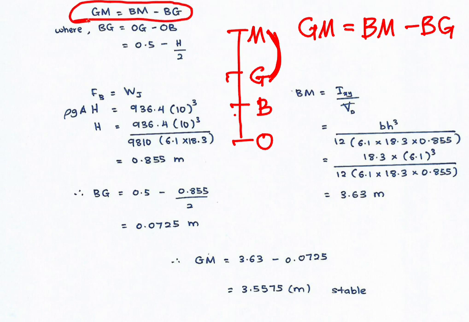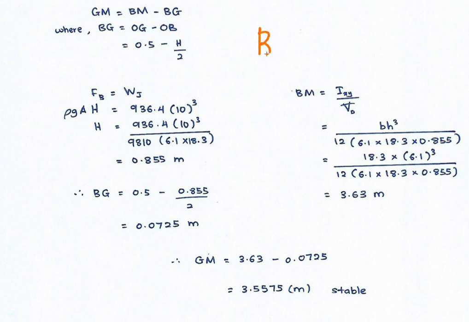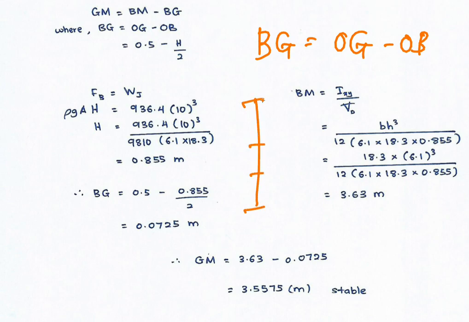So that means GM here is equal to BM, the total length from B to M, minus BG. I think by drawing the axis there, you can understand how to develop this equation. And then we can calculate BG by OG minus OB. The same idea you can get from this axis,